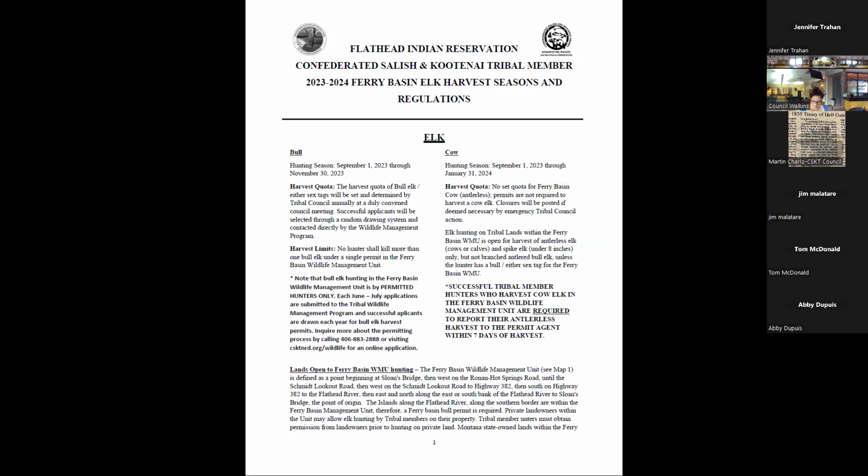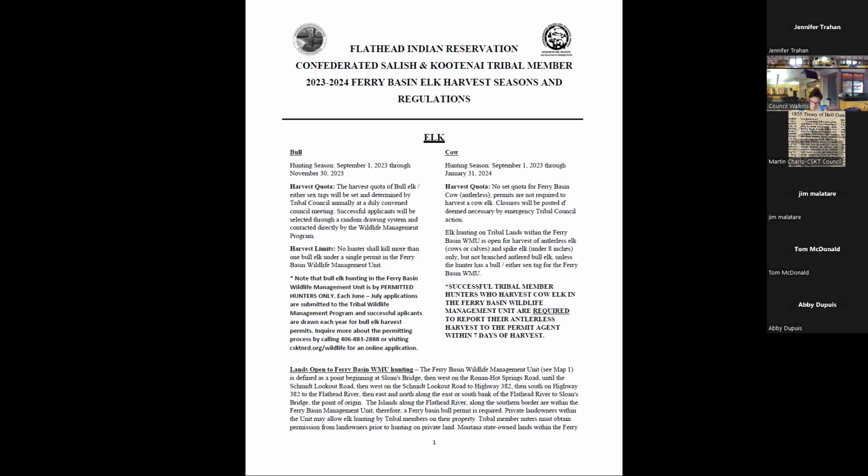we coordinate that with Fish, Wildlife and Parks because the herd is both off and on the reservation down in that Paradise Little Money area. And so we flew that with them this year. And on page 42 of your packet, we put together the results from that flight.